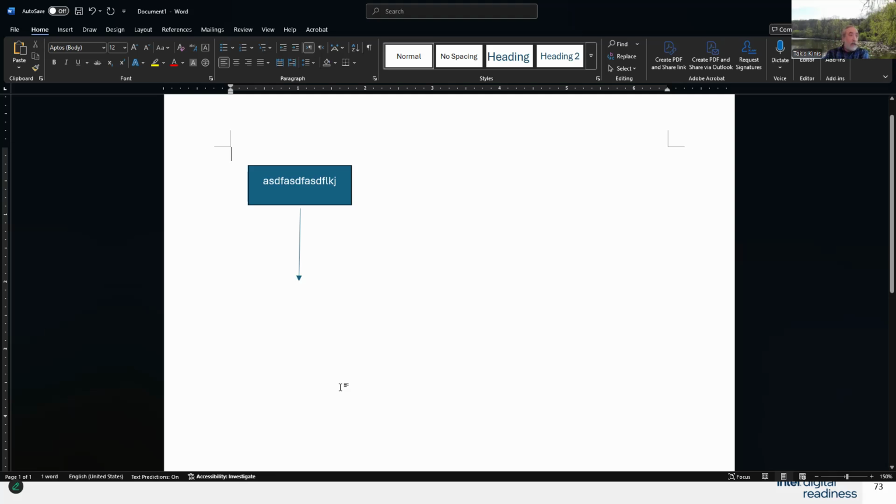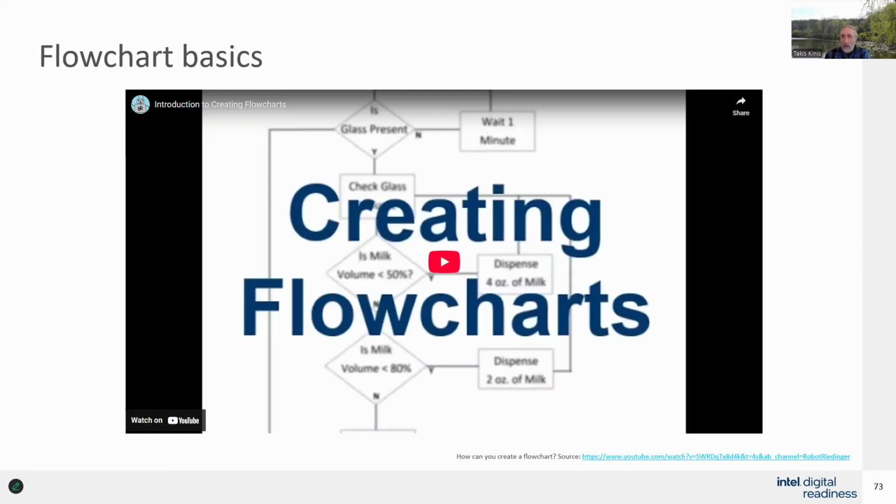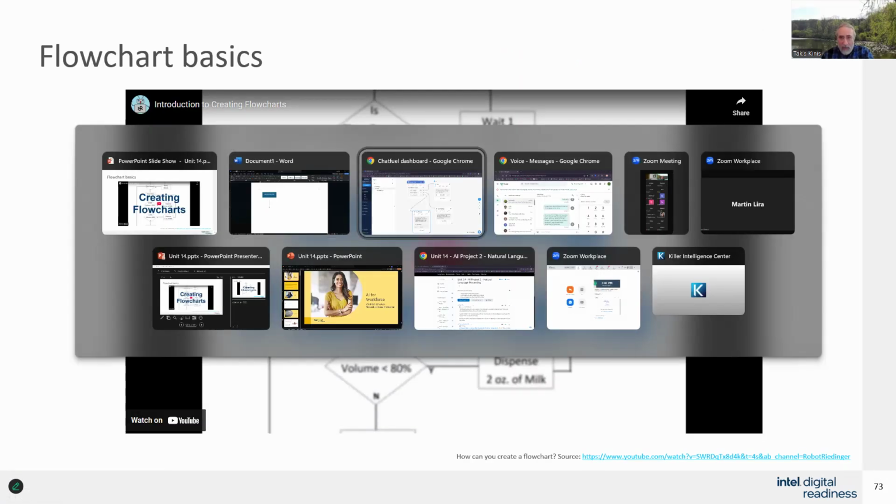And this is how you build a flowchart. This is one way. These same tools appear inside of PowerPoint, so you could do it inside of a PowerPoint slide if you prefer. If you would rather use the Google App Suite, so I'm trying to see if I